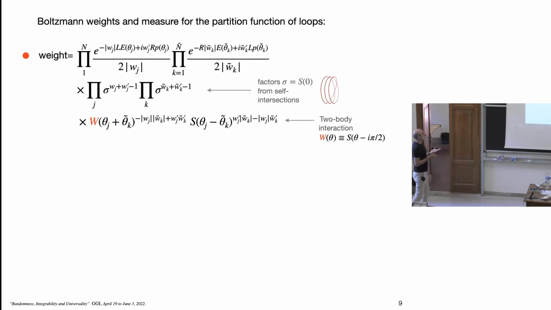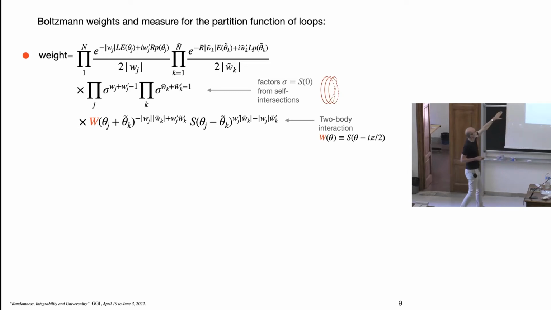So, in the case of interacting theory, we have Gaussian loops as before, but they are interacting with these scattering factors W and S, depending on their kinematics. Here I take an arbitrary combination of n loops with physical kinematics and n tilde loops in the mirror kinematics. So this is clear, the third line is clear.